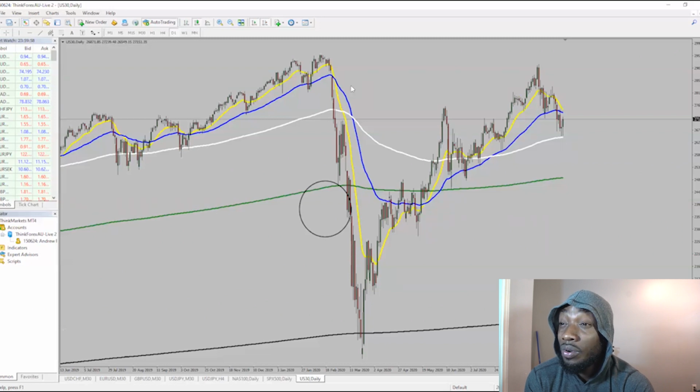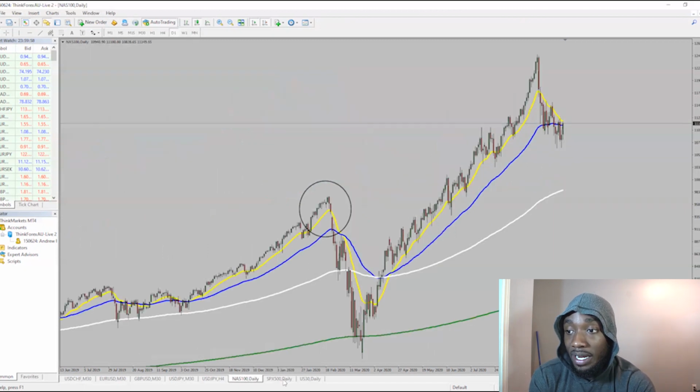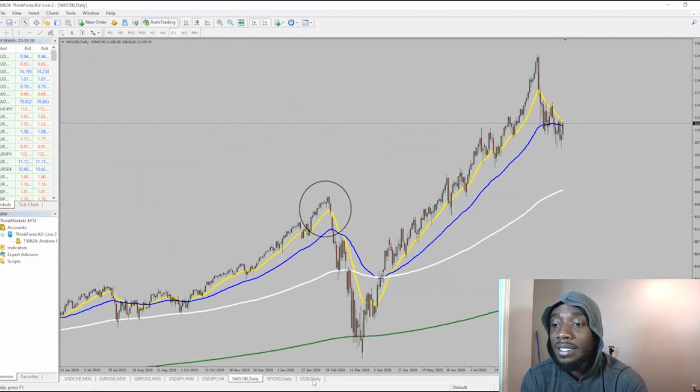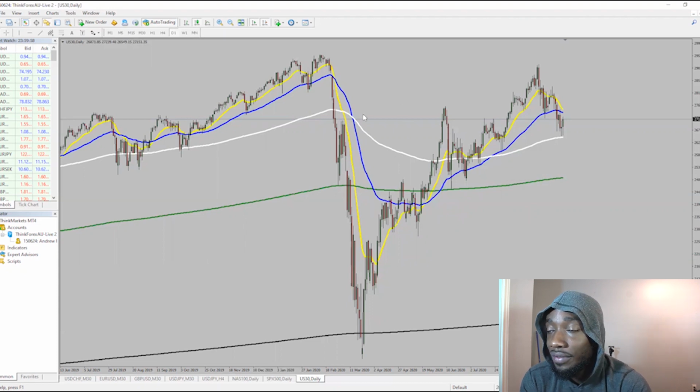Same thing with the US30, or very similar. The US30 actually hit its all-time high and then came back down. But again, it's almost the same concept as what I'm trying to get at. The US30 or the Dow, I was never using it to show correlating pairs. The NAS100 and the S&P 500 were more in correlation in my eyes than the US30. But what I'm trying to get at with this video, using correlations to your advantage.